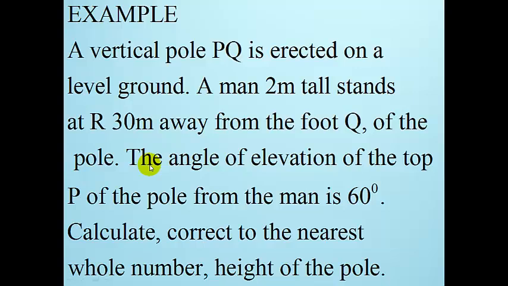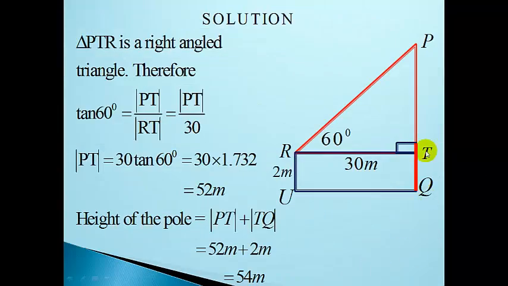Now, the angle of elevation of the top P of the pole from the man is 60 degrees. Calculate correct to the nearest whole number the height of the pole. Now let's look at how we can solve this problem. Considering this diagram, we are asked to find